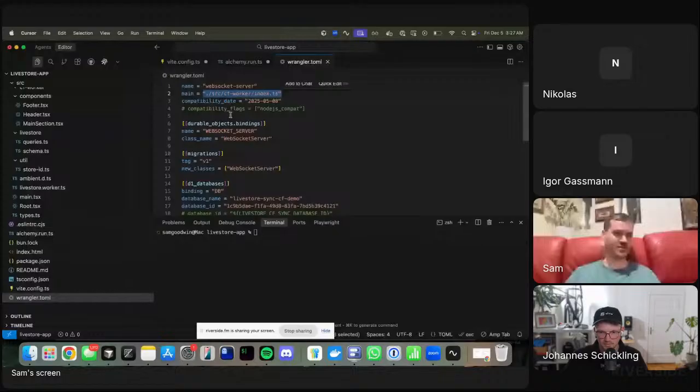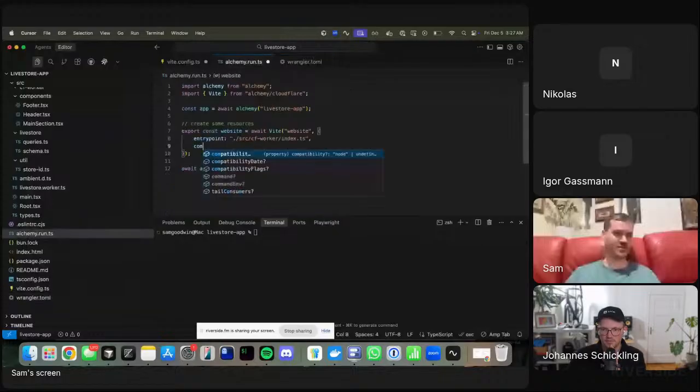So we'll take the entry point for the backend, put that there. We'll also set up compatibility with Node. I know that's not in the Wrangler toml, but I did notice that I think this is necessary. And I'll also put a reference to where the assets are going to be, and then we'll need the interesting part. So in Alchemy,